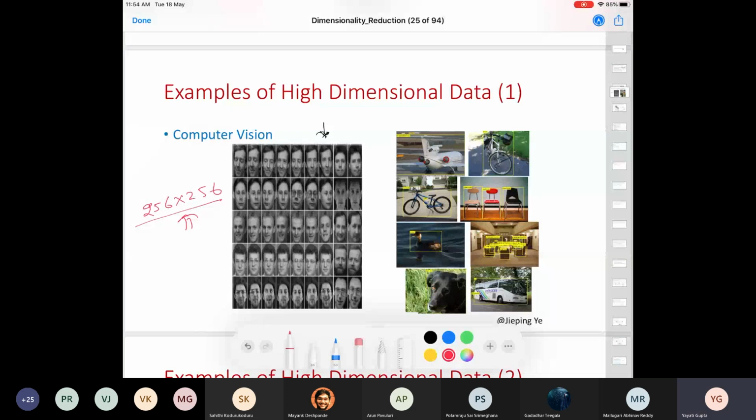Is it possible that I can project this into 2 dimensions? Basically, these 256 times 256 dimensions can be projected to a 2-dimensional space where you represent each data point with a circle if it's looking to the right, and a cross if it's looking to the left. Is it possible? It is.